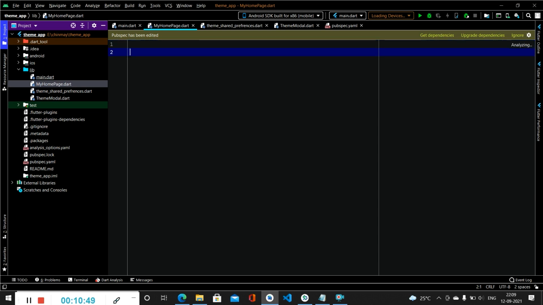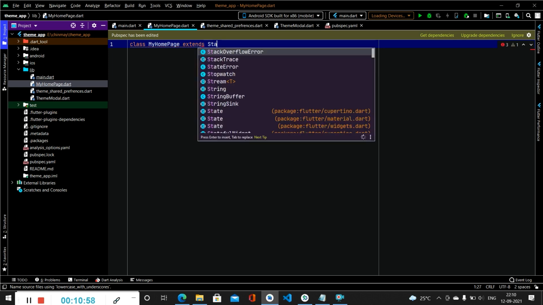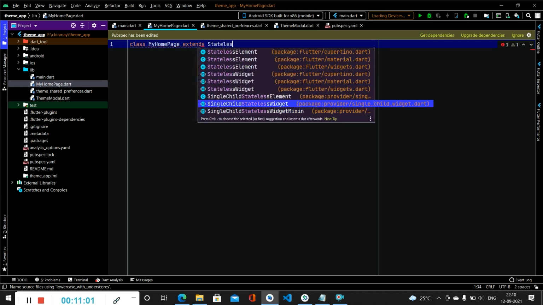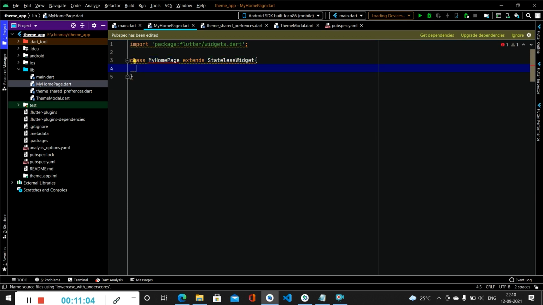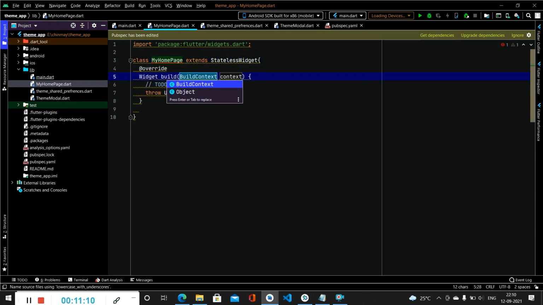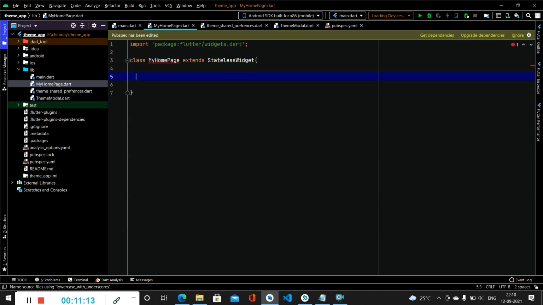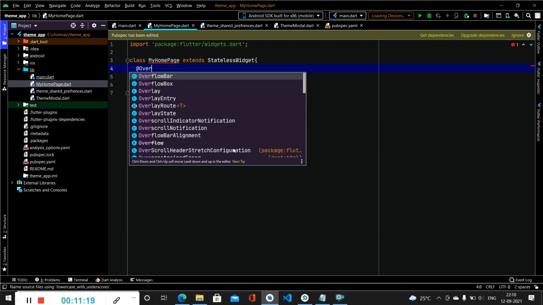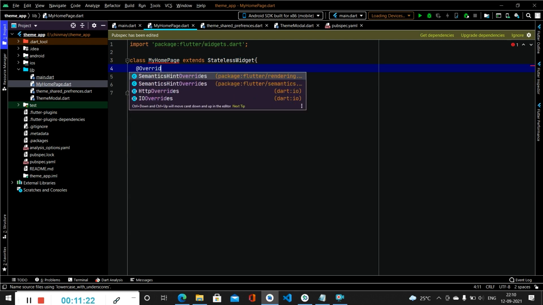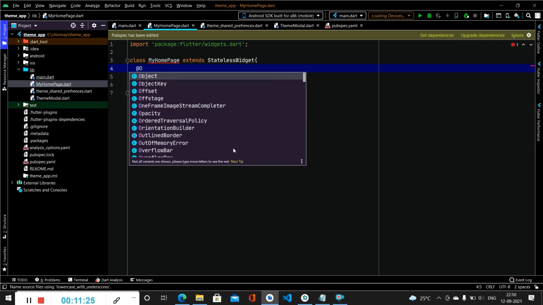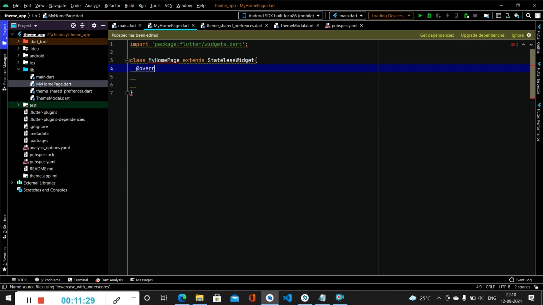Then we will be creating a class here, MyHomePage, and we will be extending it with StatefulWidget. Now inside this we will be firstly creating the state by calling the createState override method.